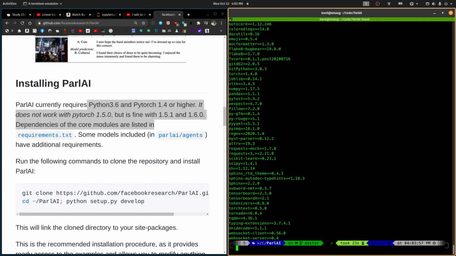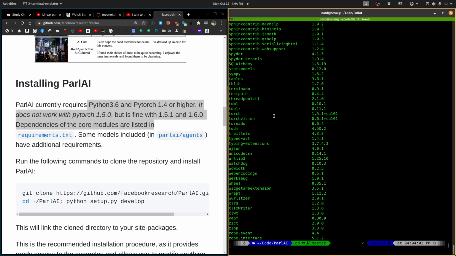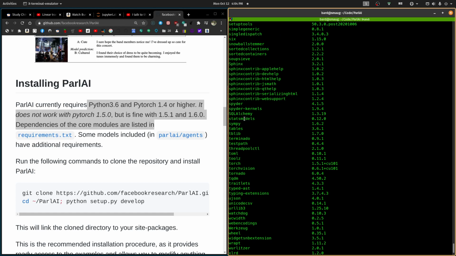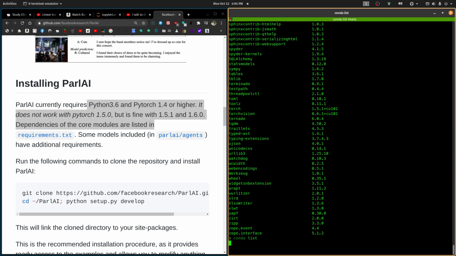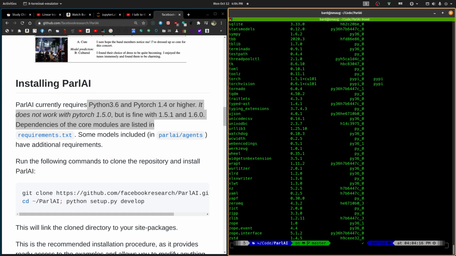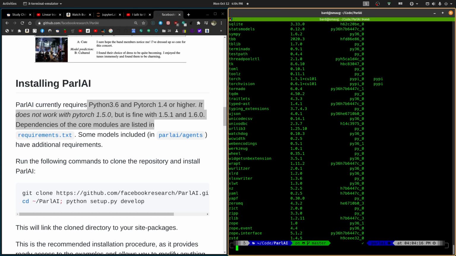Do I already have TensorFlow? Well, that's all right.